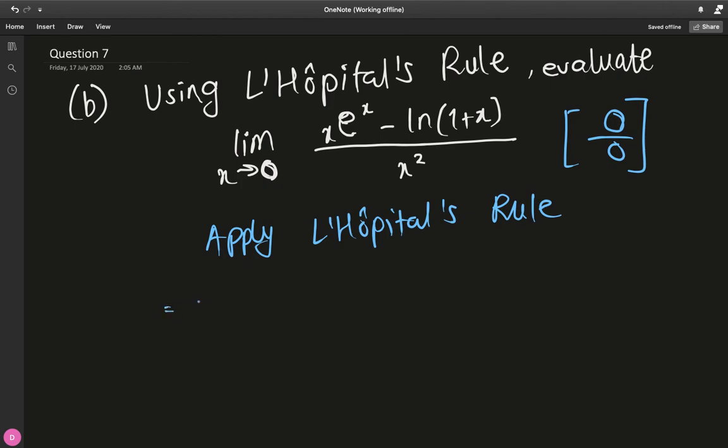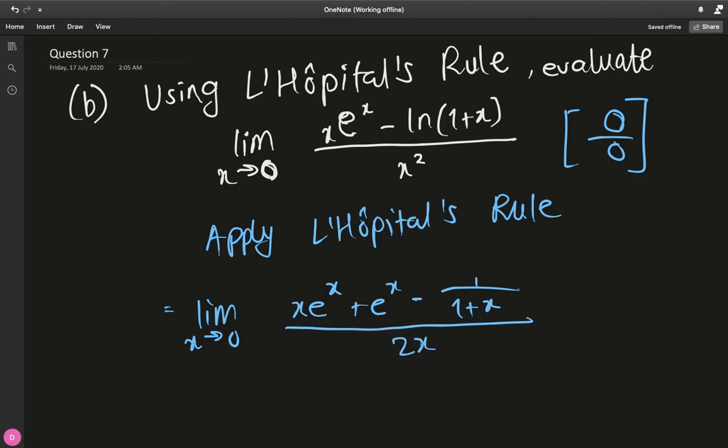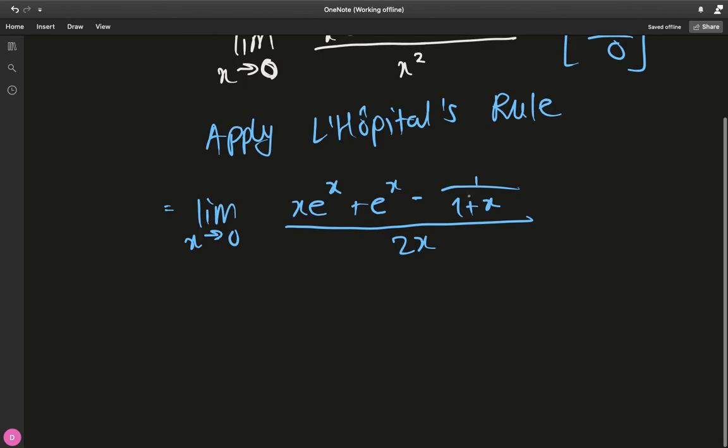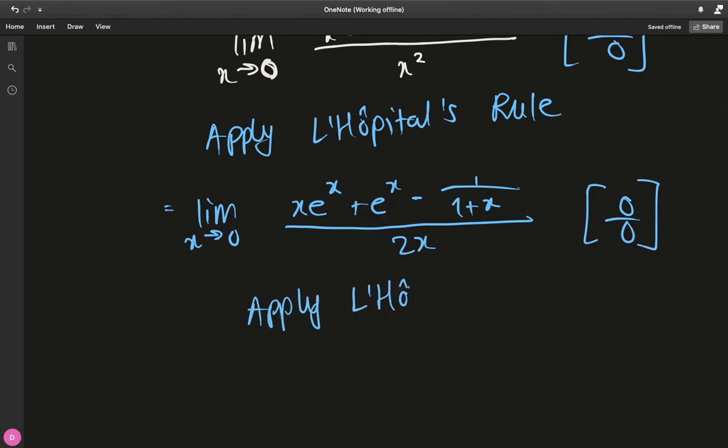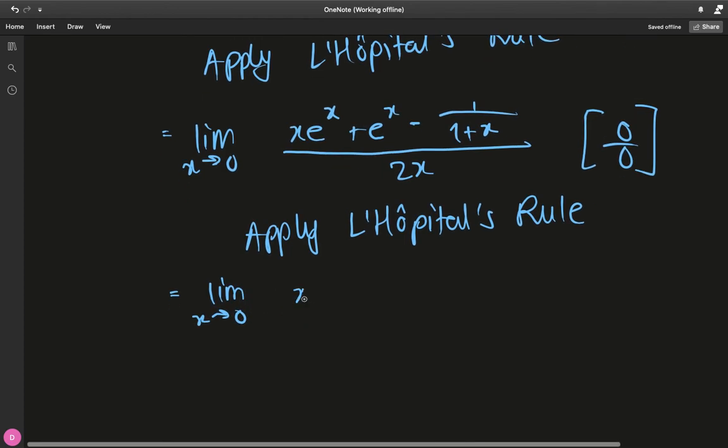Our limit now becomes the limit as x goes to 0. Differentiate this, you get (x times e to the x plus e to the x minus 1 over 1 plus x) over 2x. And again, if you plug stuff in, you'll have a 0 over 0 indeterminate form again. So apply L'Hopital's rule again. You have the limit as x goes to 0 of x times e to the x plus e to the x plus e to the x plus 1 over (1 plus x) the whole thing squared,